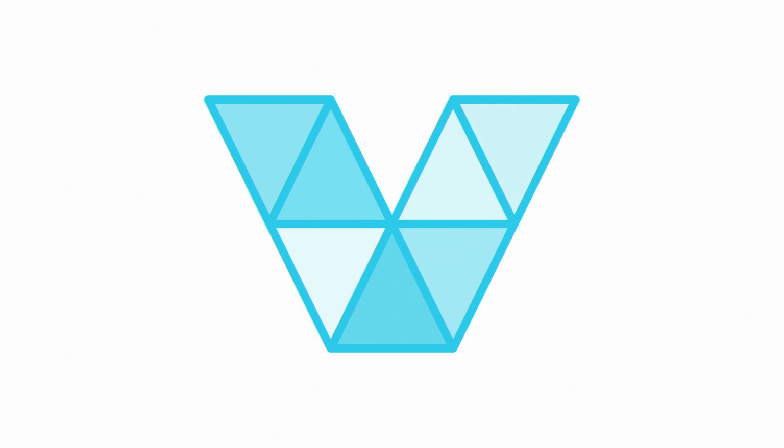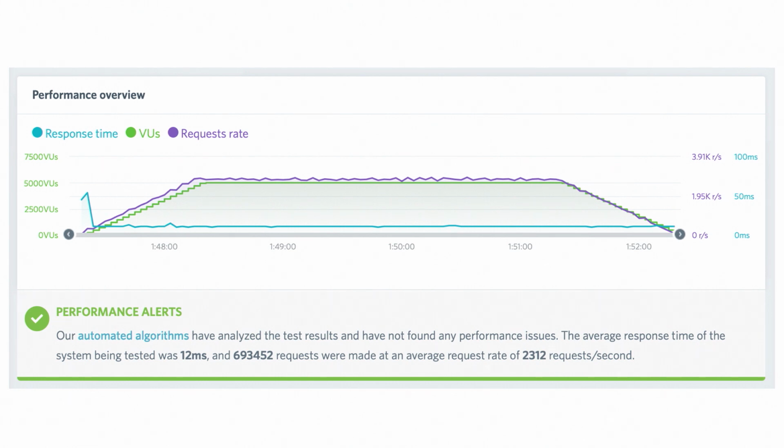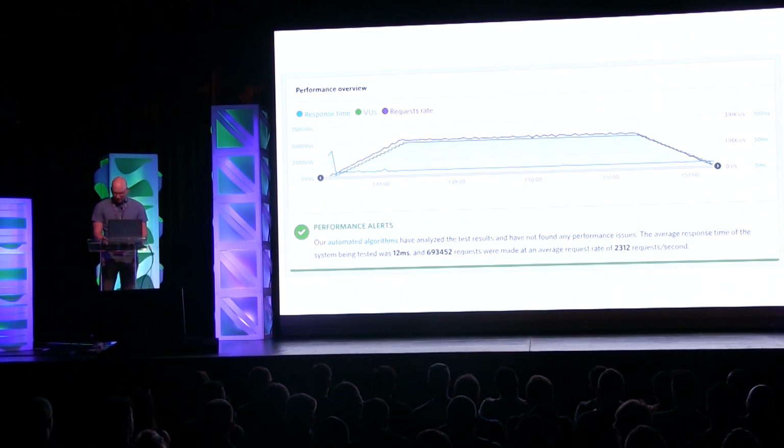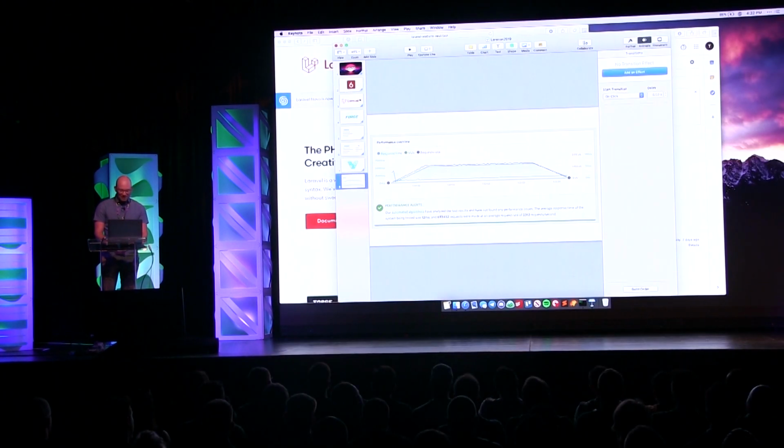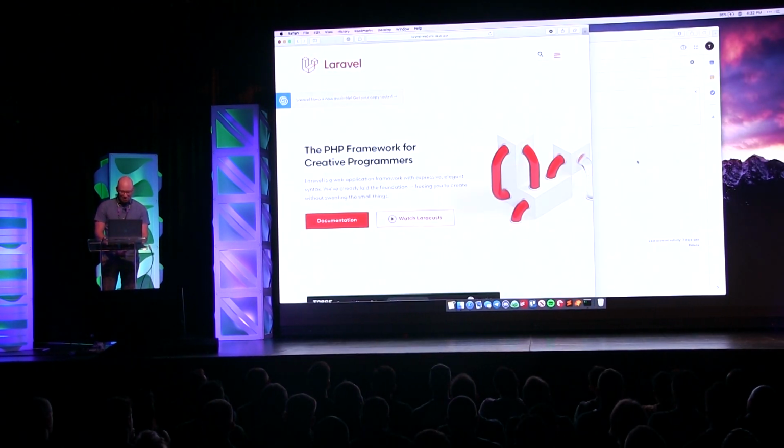And Laravel Vapor is definitely ready for scale. So this is me bumping up to 5,000 users using an application. The purple line you can see is requests per second, and the green line is the number of users scaling up. This is just over a couple minutes. And you can see the response time down there, not even breaking a sweat at this load. So we made over 500,000 requests in these few minutes with an average response time of 12 milliseconds. We're making a lot of requests to this Vapor application. It's no problem at all. It's really great. All right, so instead of talking more about it, why don't I just show it to you and we can take a look at it.